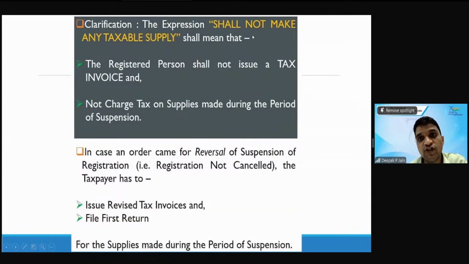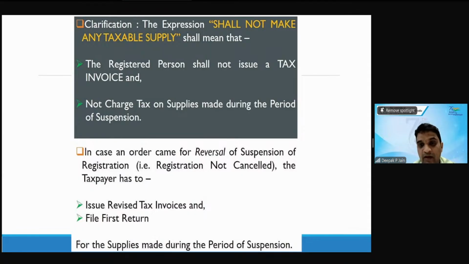क्लैरिफिकेशन, द एक्सप्रेशन शैल नॉट मेक एनी टैक्सेबल सप्लाई, उसका मतलब क्या है? रजिस्टर्ड पर्सन टैक्स इनवॉइस इशू नहीं कर सकता है एंड जो भी सप्लाई करेगा उसके ऊपर वो जीएसटी चार्ज नहीं कर सकता है। ओके, इन केस एन ऑर्डर केम फॉर रिवर्सल ऑफ सस्पेंशन, द टैक्स पेयर हैज टू इश्यू रिवाइज्ड टैक्स इनवॉइस एंड फाइल द फर्स्ट रिटर्न। तो सस्पेंड मोड हो गया लेकिन कैंसिलेशन नहीं हुआ और कैंसिलेशन खुल गया है।